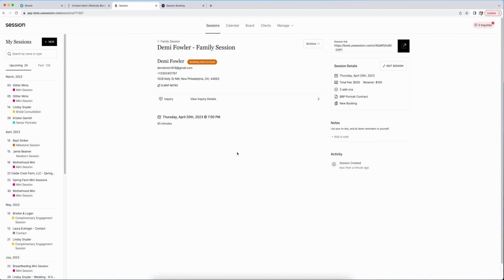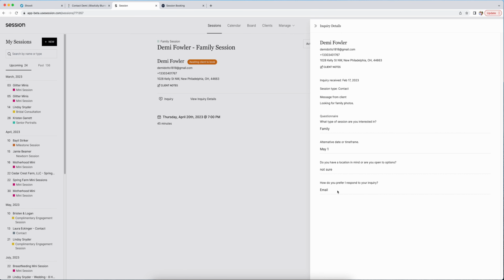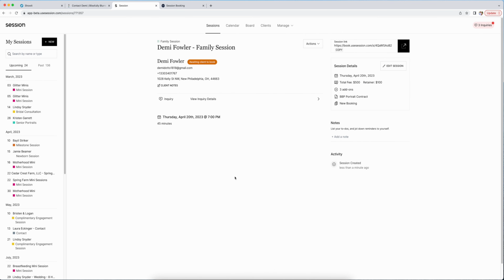So, in here, you can go back in and look at any information if you need to at a later date. You can edit it, delete it. You can edit the details. If they come back and say, actually, this isn't going to work, you can still edit everything. And also here's the link to that direct